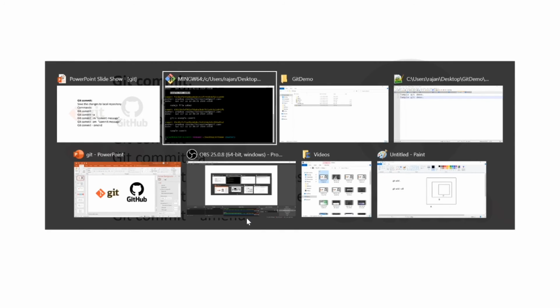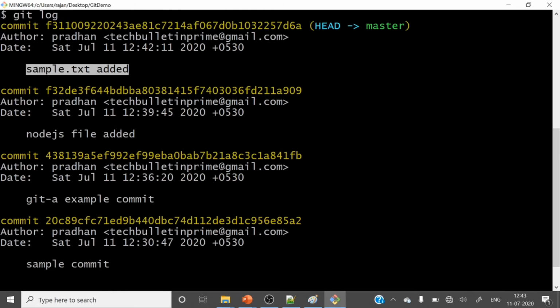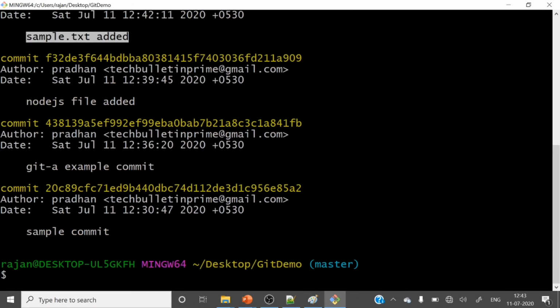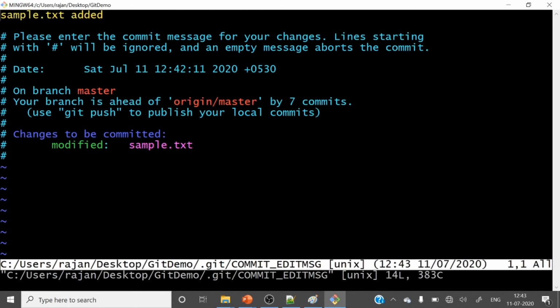So let me type here. Earlier it was sample.txt added, right? So let's type git commit --amend. It will open a window, right? Just see, it's opened the window. Sample.txt added, this is the previous message, right? You want to change this message.